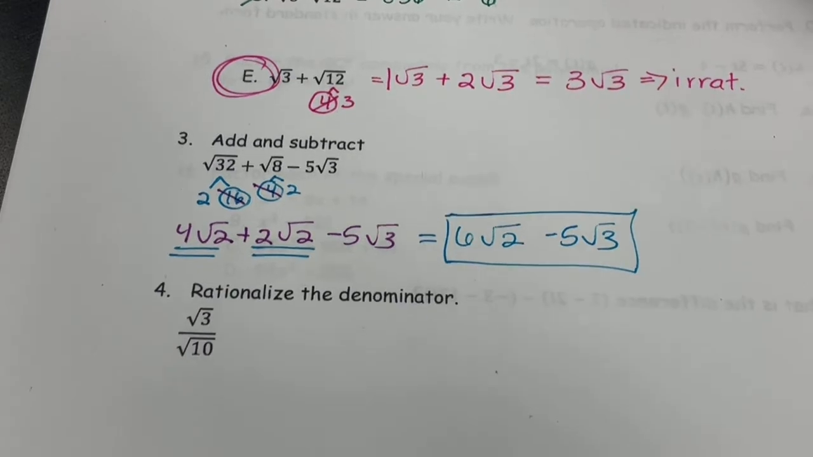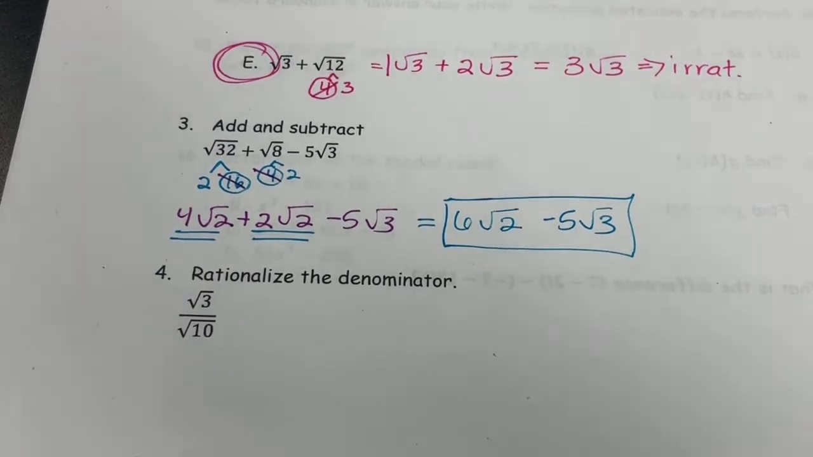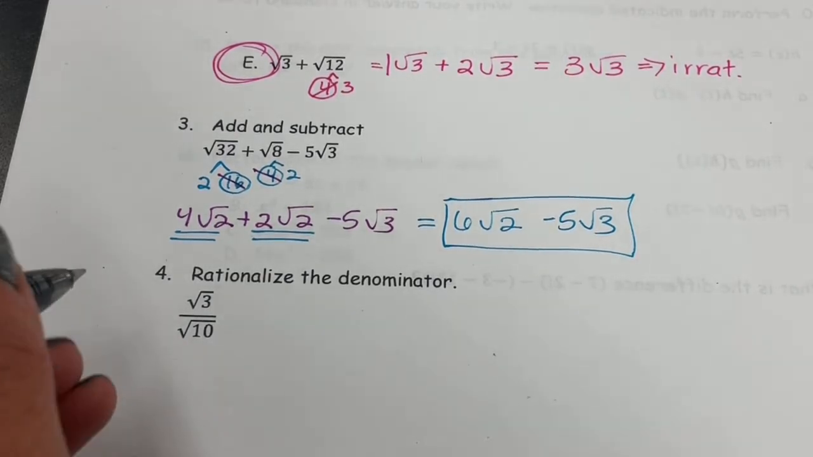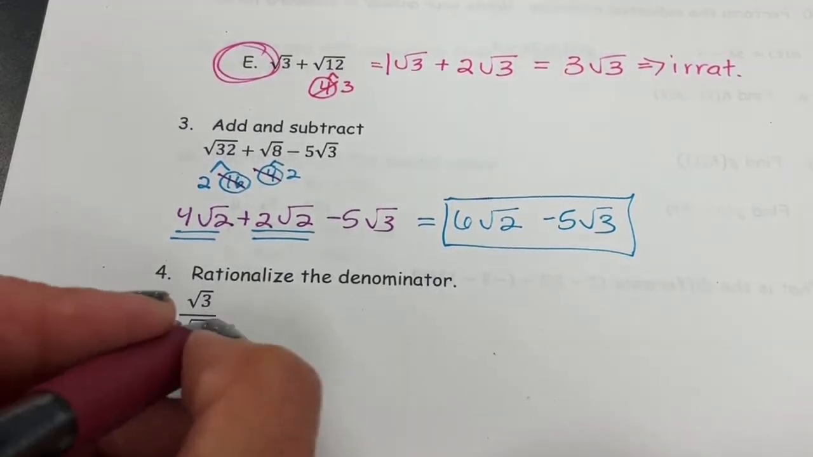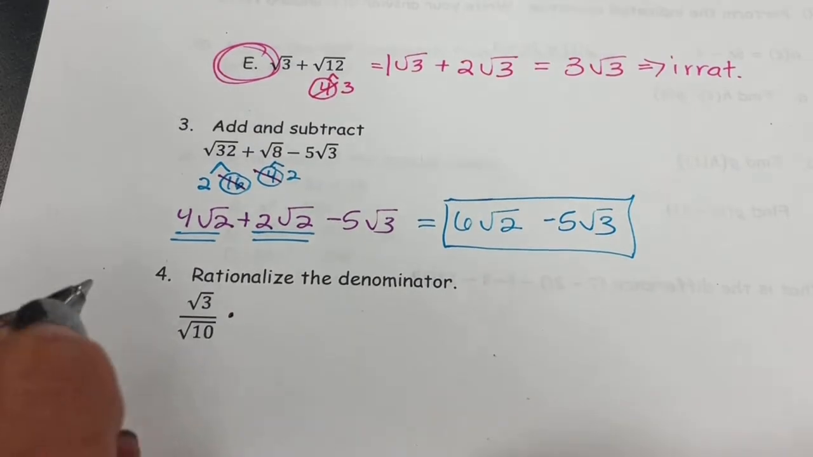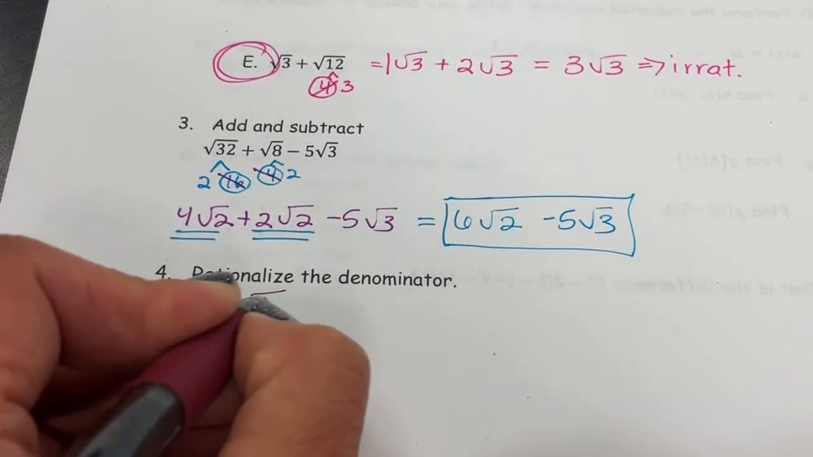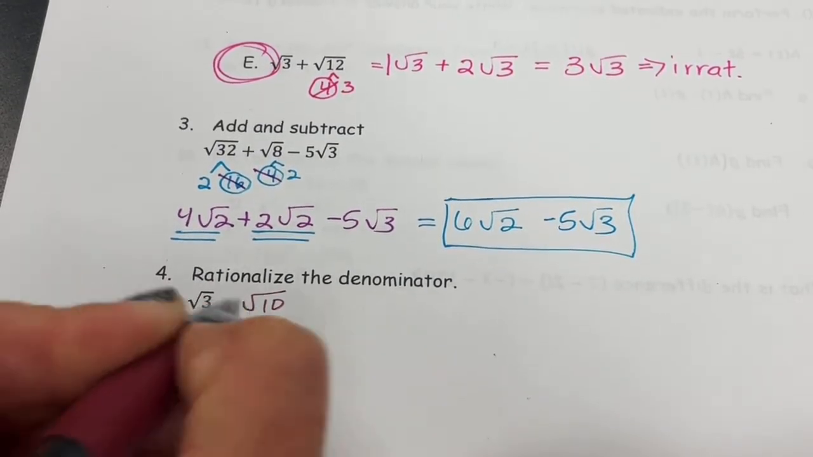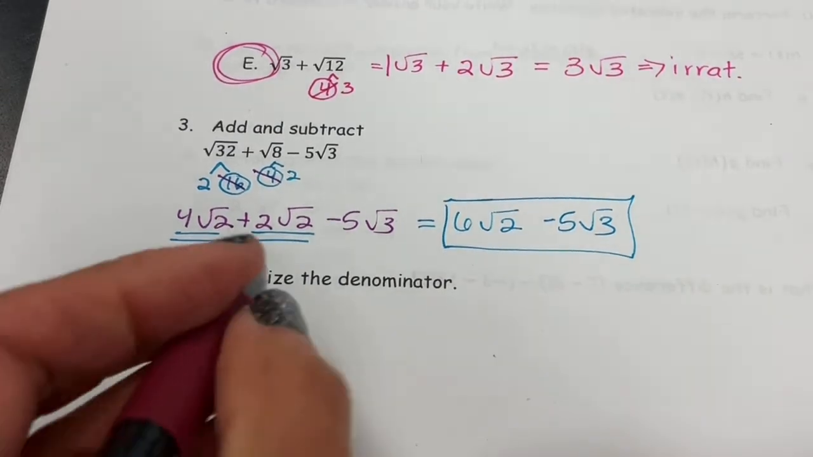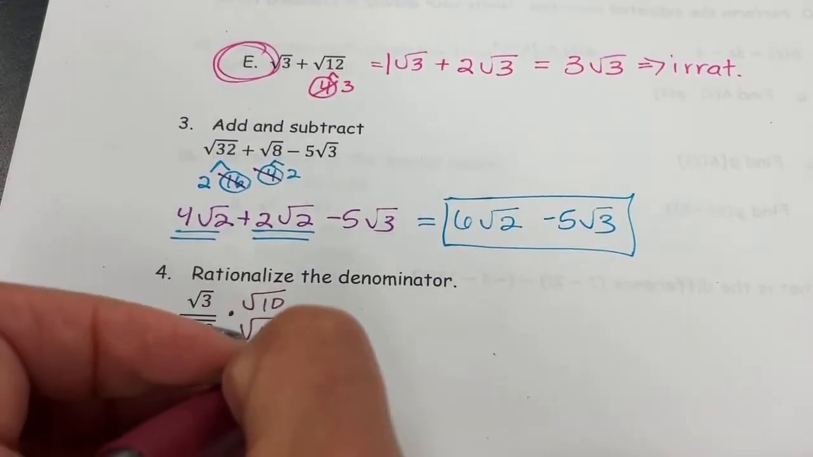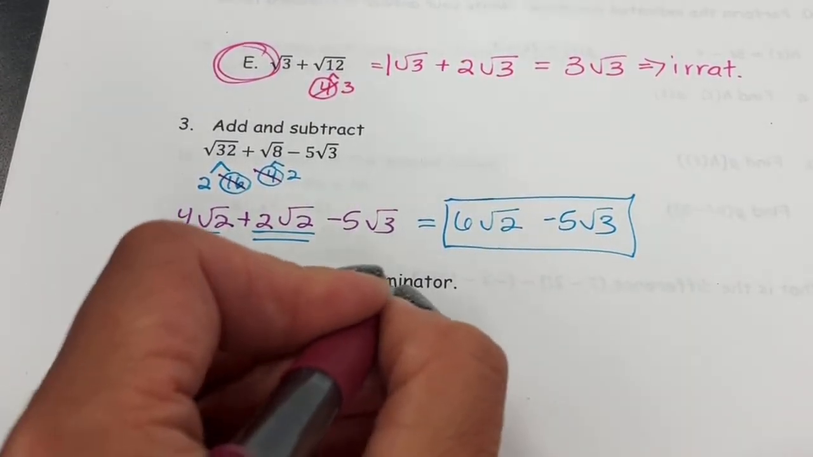Now we're on number 4. It says rationalize the denominator. I'm not allowed to have a radical in the denominator. So to rationalize this, I need to multiply top and bottom by it. So square root of 10, multiply top and bottom. Well, remember, inside numbers with inside numbers, square root of 3 times square root of 10 is square root of